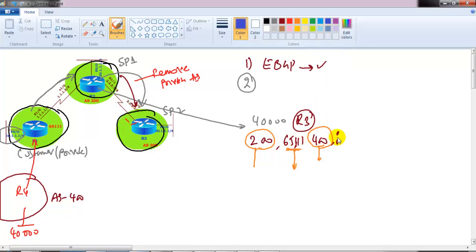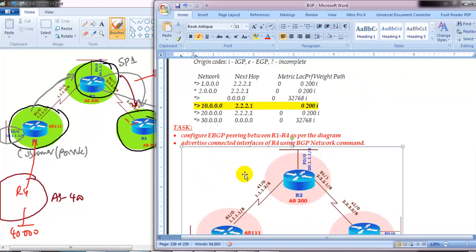Now this command is not going to remove the private AS number which is in between, originated from public and then followed by private. It's only going to remove at the tail end, which means if you have the private AS number at the end, originating in the private AS number and then 200, it is going to only remove this information. So to practically verify that, I can move on with my lab here.